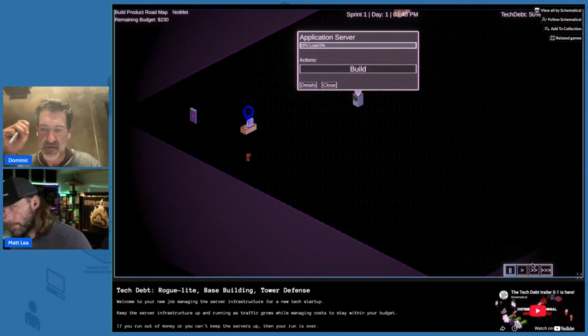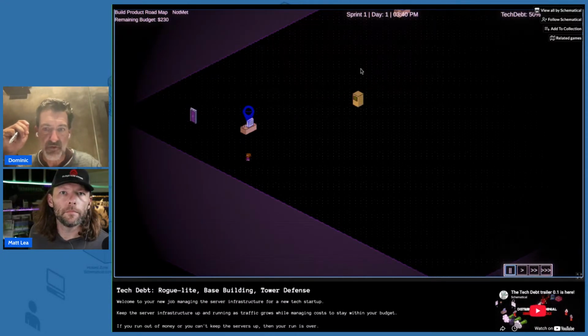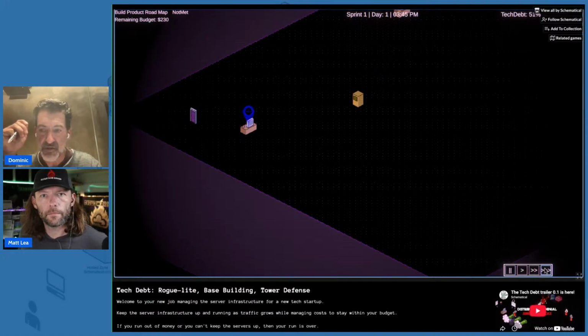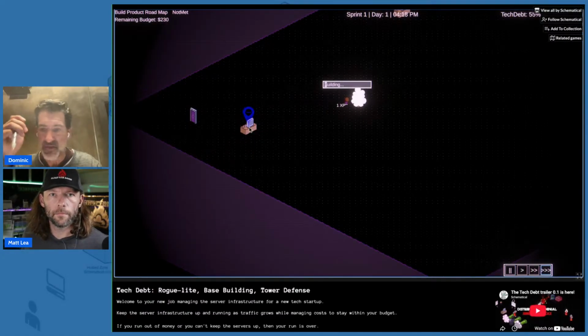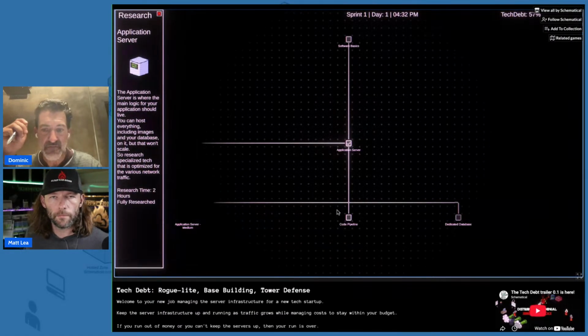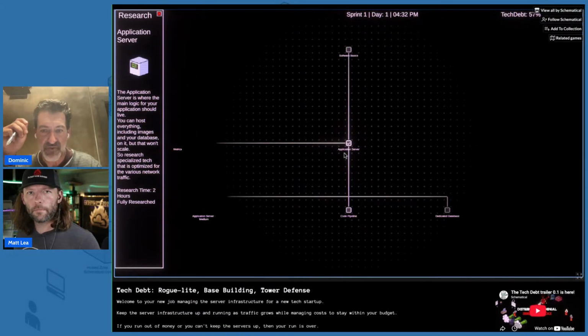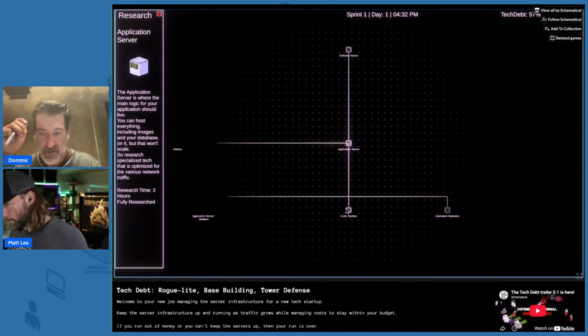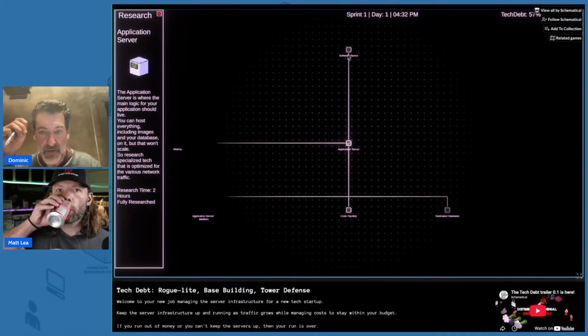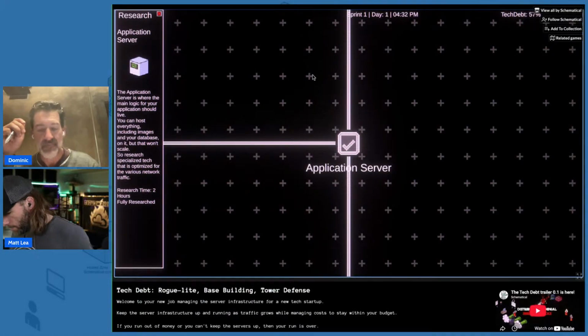So the next thing to do is build it. I've paused us down here just so I don't burn the whole day. So we need to get the server up and running first of all, so they are going to build the server. And this gives us, okay, here we come to our first decision tree, essentially. So I've done the application server. I can do code pipeline, dedicated database, or software basics.